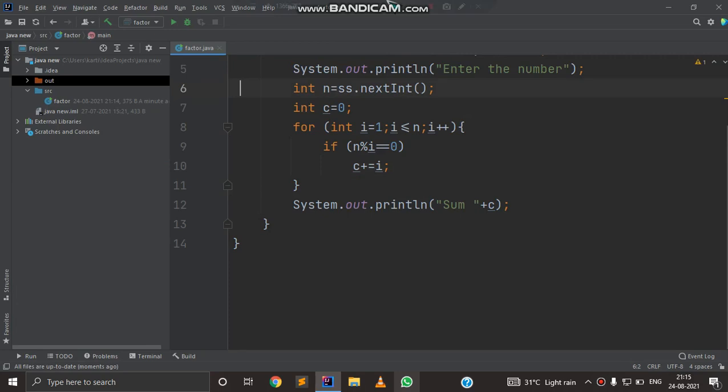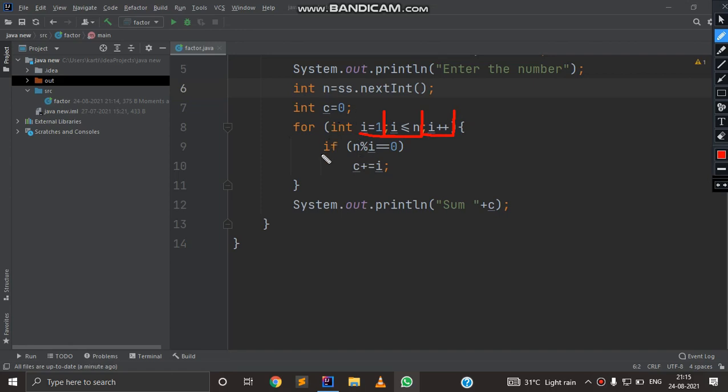Now if we try to understand the logic of this program, here we can see that the loop starts from 1 and it will include 1, because 1 is a factor of every number. It will end at the number itself, so the number itself will also be included, and every time the loop is increasing by 1 because it is post increment: first use the variable and then increase it by 1.